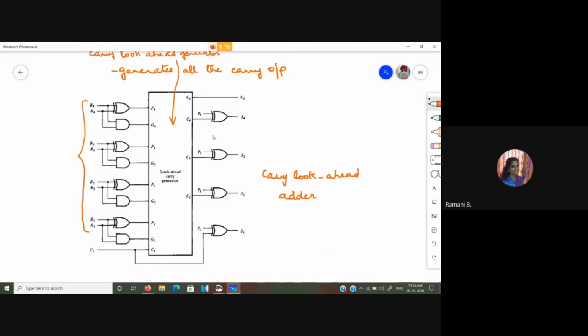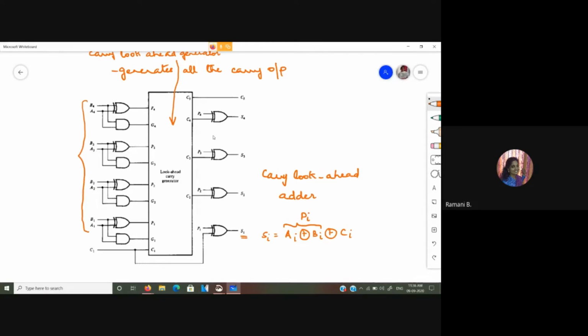Or in short, you could remember this as any 3-bit sum is actually AI XORed with BI XORed with CI, right? That is the thing. So you could remember it that way. So here CI, that is your C1 and P1. This AI BI XOR operation is our PI. So with that will give me the S1.